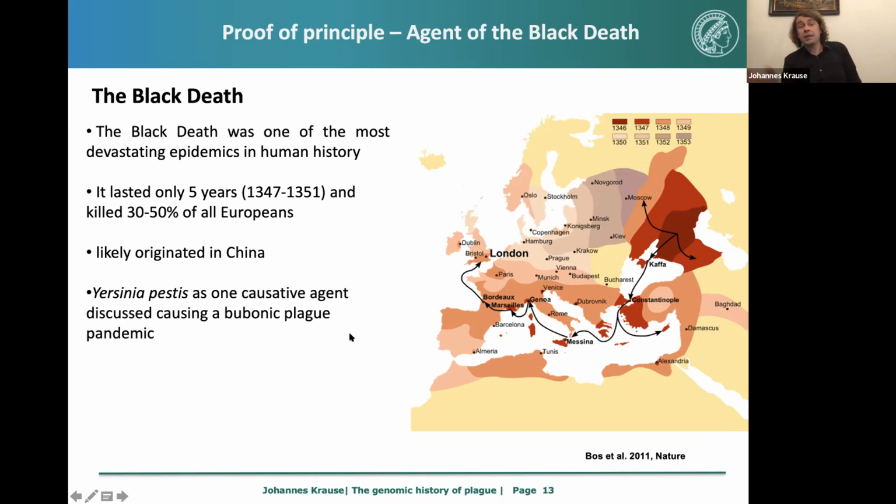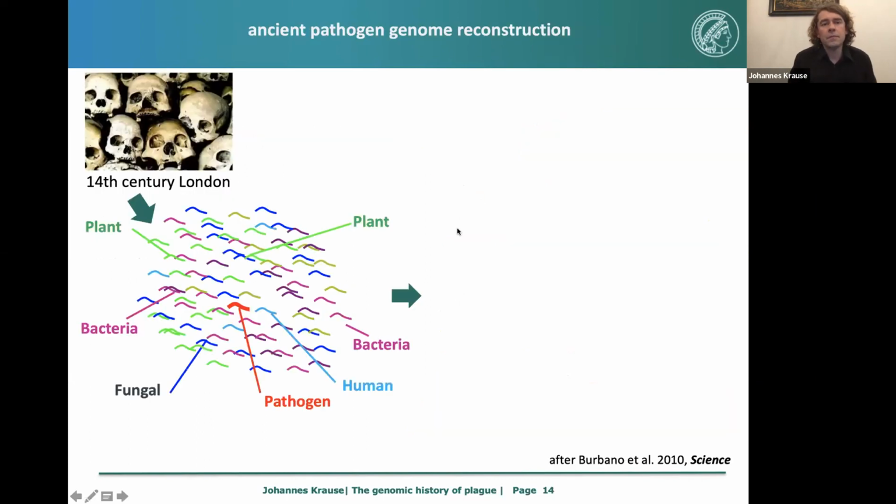As I said, it had been hypothesized that Yersinia pestis was the causative agent, but it wasn't really clear. And we really had to test that directly by taking skeletons from the time and see if we can actually reconstruct the pathogen DNA. And indeed, we were quite lucky. We had access to a Black Death cemetery from London, the East Smithfield Cemetery. All the people buried in that graveyard died during the Black Death, and we could use them